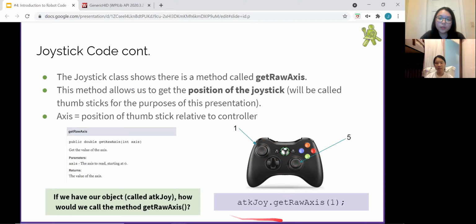So this code here is essentially getting the position of the joystick of this thumbstick here, because we're saying that the axis is 1. But if we wanted to get the position of this other thumbstick, we would say atkjoy.getRawAxis5 instead, right? So it kind of means two different things. And by position, I kind of mean,